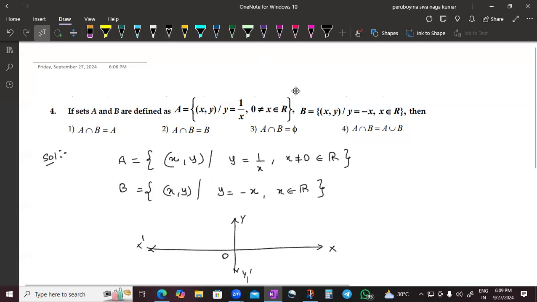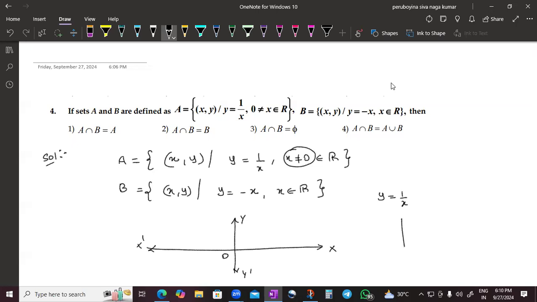x, y equal to 1 by x. He already made a notation that x cannot be 0. Okay. So therefore,